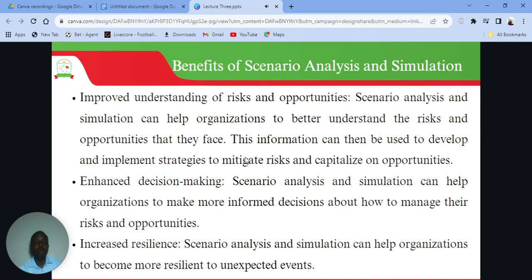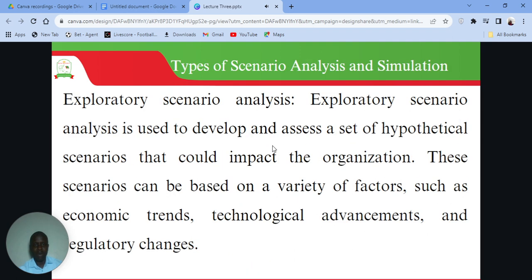When the organization becomes more resilient, it means it is able to conquer any form of small risks that might occur, because they have gone over and over many other risks, or they have experienced bigger risks. So any risk that comes in the course of business is meant to make people more resilient.